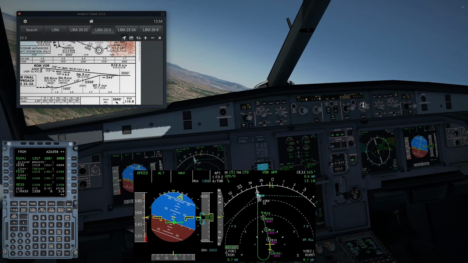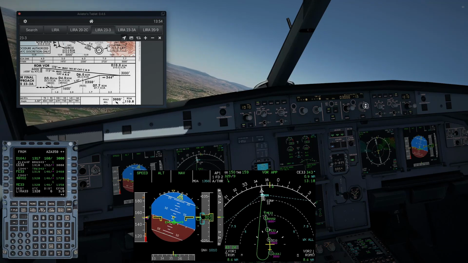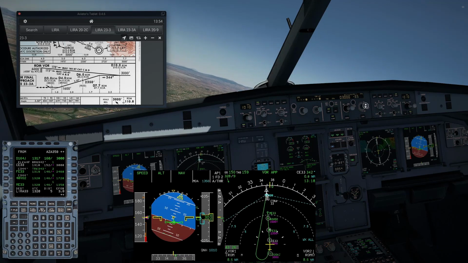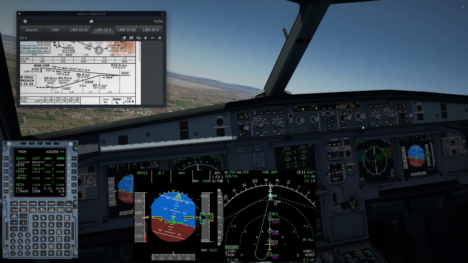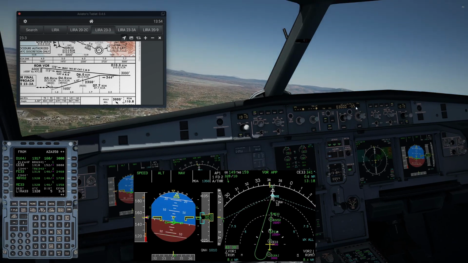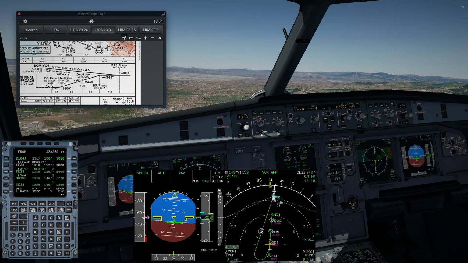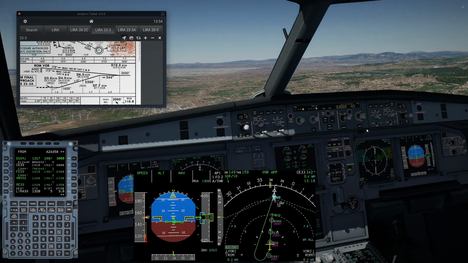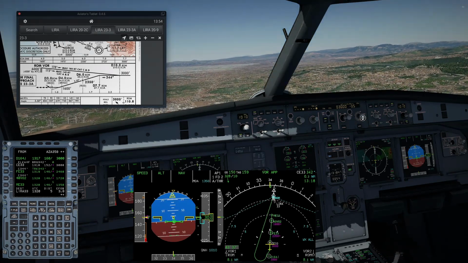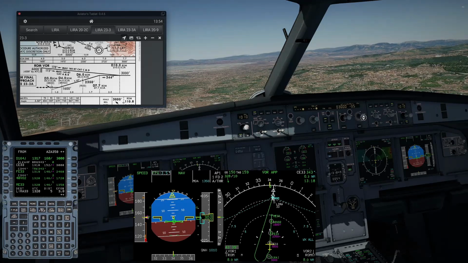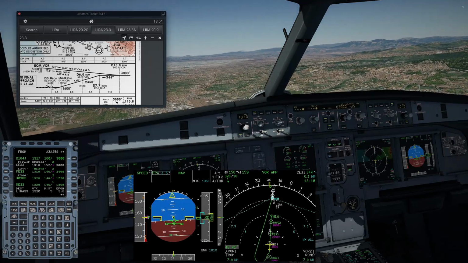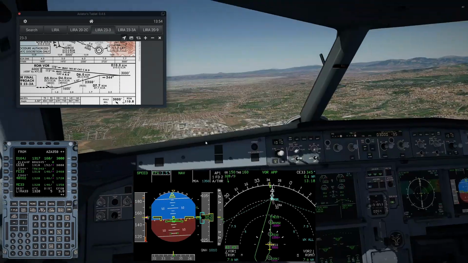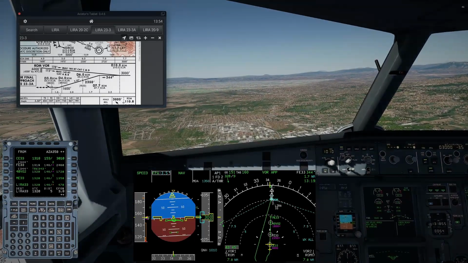8.8, so we can now pre-select that minus 3.5. It stays only 45 seconds and then it reverts, so don't do it too early. 8.2, 8.1, 8. Pull, FPA minus 3.5. And then we can check